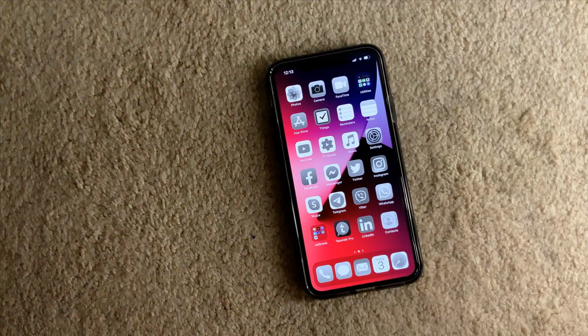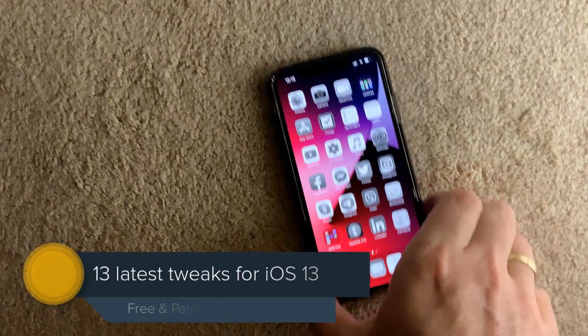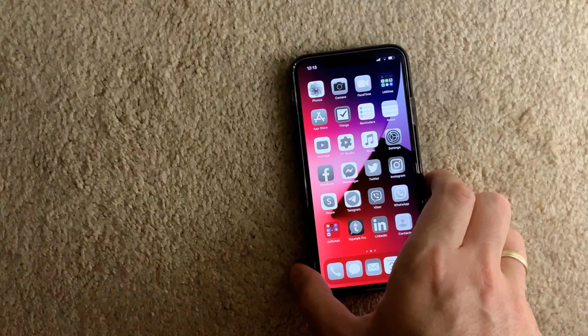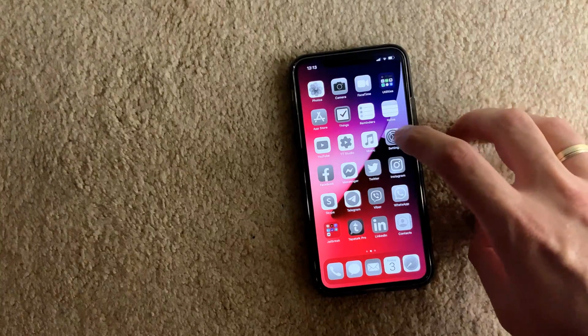Today I'm going to show you 13 tweaks on iOS 13 which have been recently released on Cydia or any other installer that you might be using. So the first I want to show you, and of course I'm going in alphabetical order like always, is the